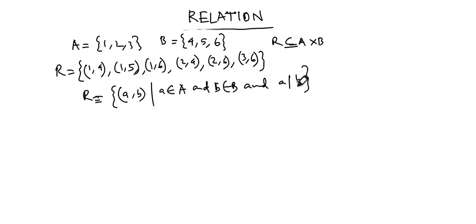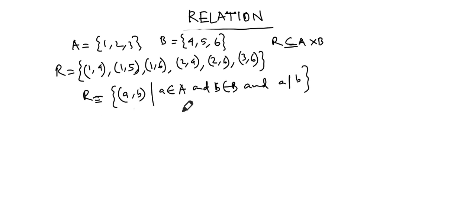So in this context we call it a relation, because we don't take just any subset of A cross B in mathematics. For our usability, we don't take any subset of A cross B randomly. We construct a subset of A cross B by a relation, by taking a relation between the members of every pair of that set. Okay, so for this reason we call it a relation.